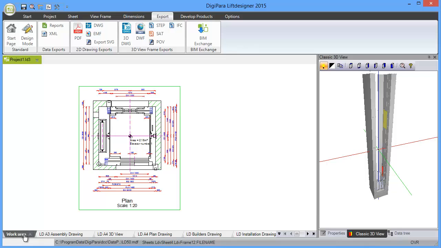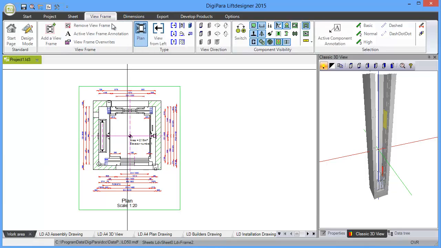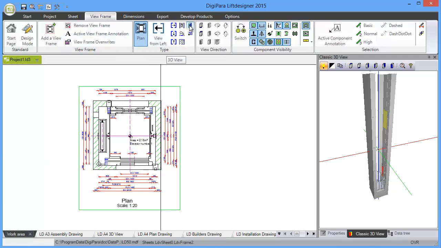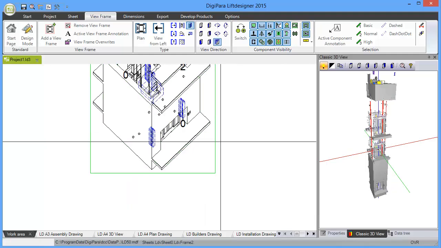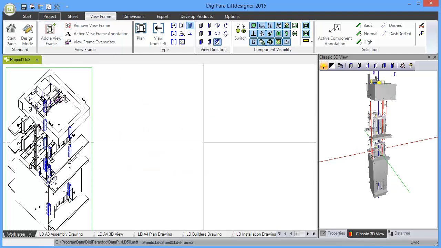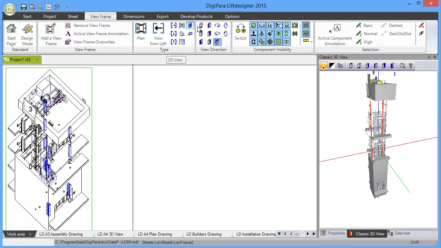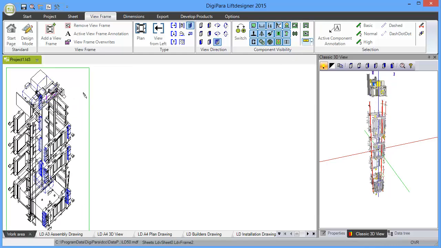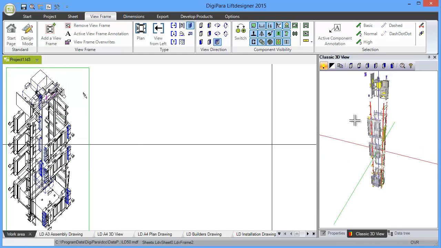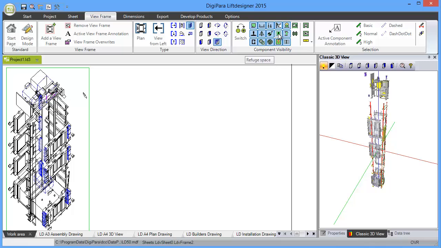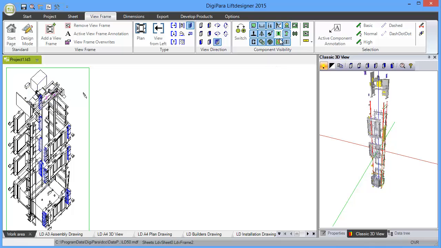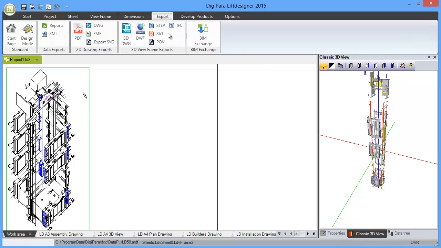So let's go to the work area and customize the view frame first. I usually choose the 3D view. Usually the architect wants a 3D model of your elevator, so select 3D view and then disable shaft and machine room. Then you have just the elevator objects, and you should also disable this button here, which is the refuge spaces. And then you go to export and choose one of these options here,